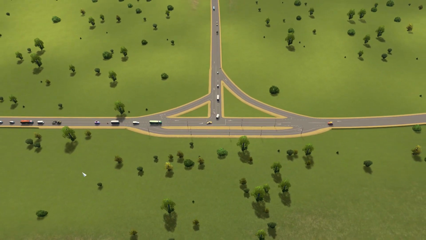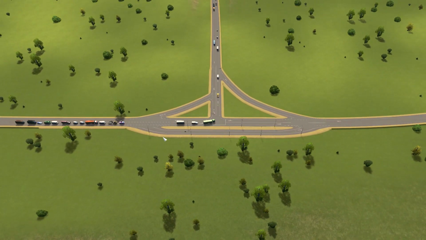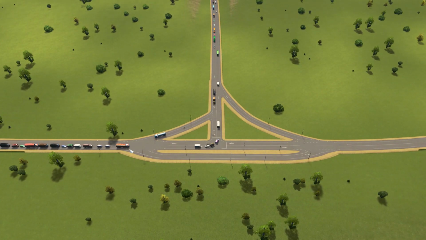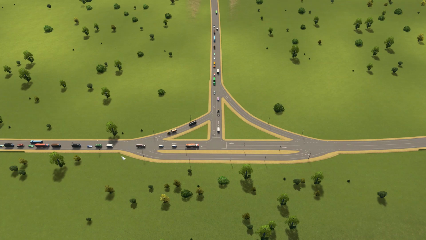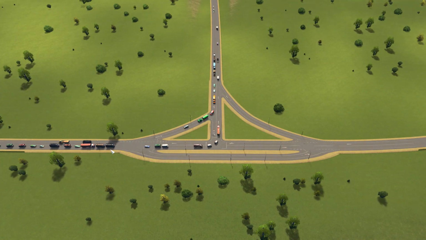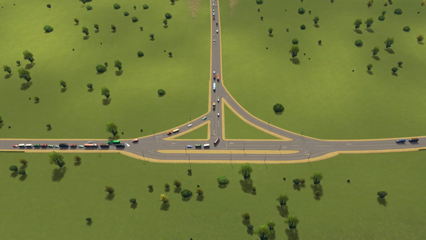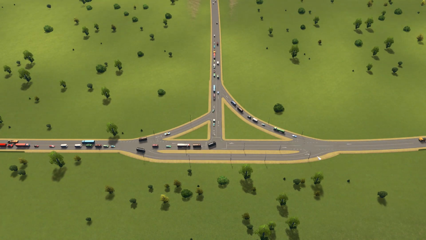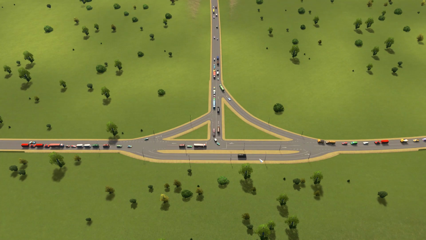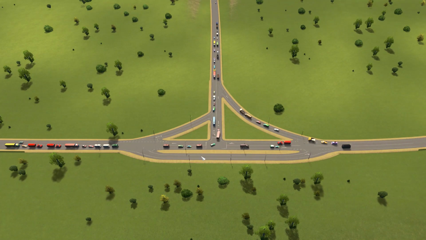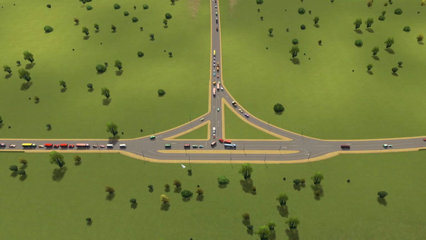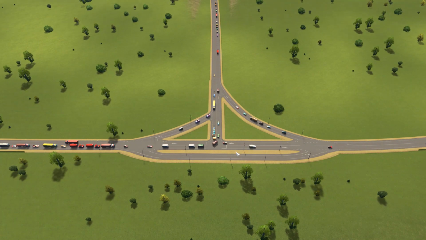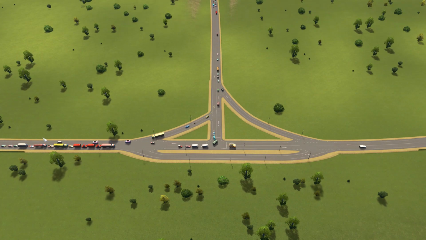inspired by Imperial Jedi and his builds. What it is, I need to help these cars out with traffic a bit, but it's a bit of a bypass for one direction. So if you want to go straight through the intersection, I will fix this because they shouldn't be stopping. The cars that want to go straight just dip down and avoid the intersection altogether, like this car. And it allows more cars to pile up turning left. It's not a very commonplace interchange you see, but it's very functional, especially if there's heavy traffic coming from